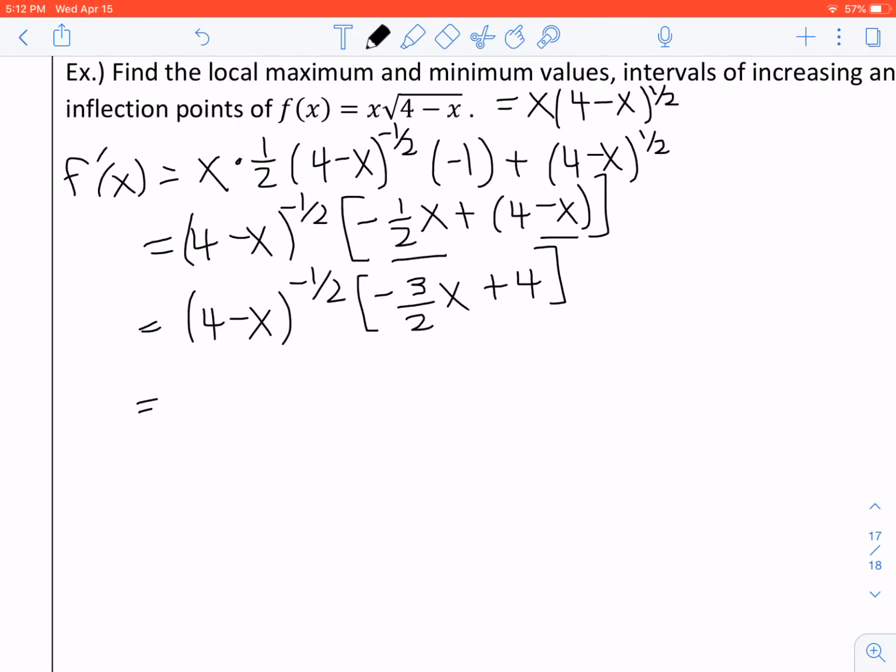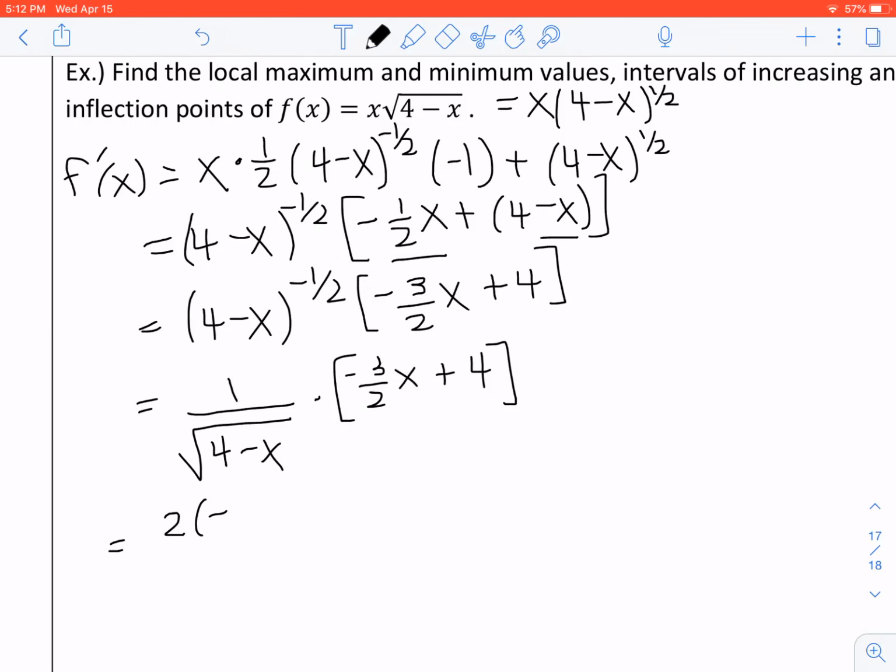And I am going to simplify this. This is going to move to the denominator, and I'll put a radical around it, times negative 3 over 2 x plus 4. Again, I have a fraction and a fraction, and I can clean that up by multiplying both the top and the bottom by 2. And so if I do that, I'm going to have 2 times negative 3x plus 4 all over